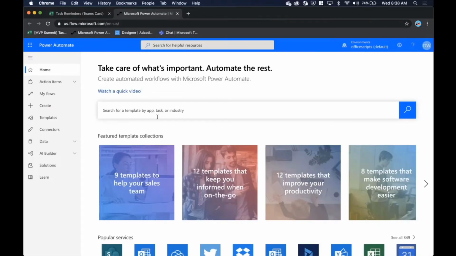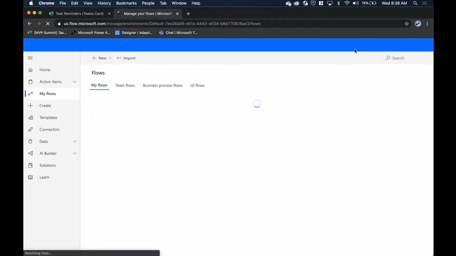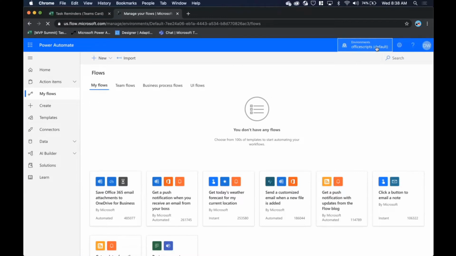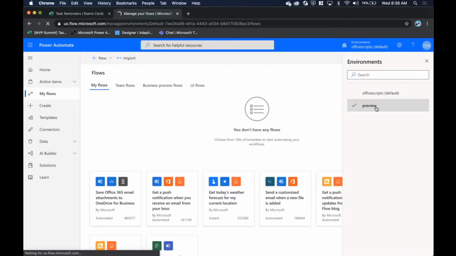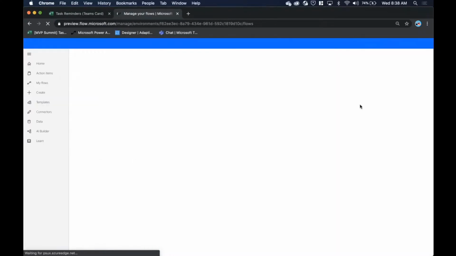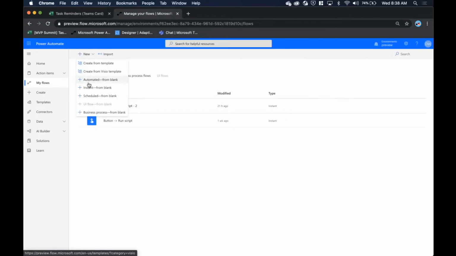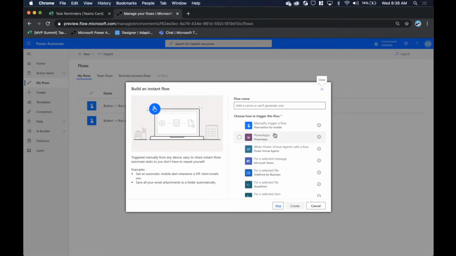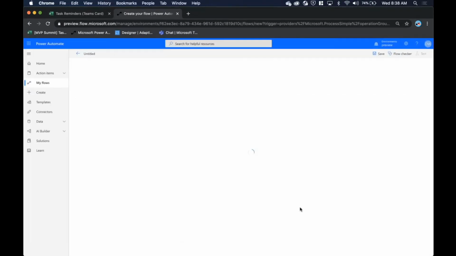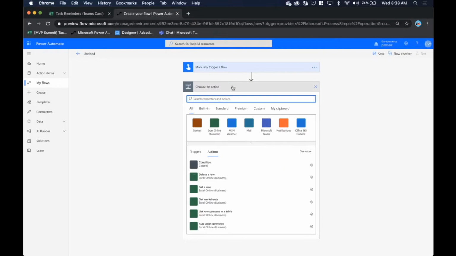I'm going to take you guys over to Power Automate, and here I can actually go to My Flows. Currently, this is only available as a feature in preview environments. This is what's going to be changing in the next couple of weeks, and it's going to be in production Power Automate environments. You do not have to create and set up a special environment in order to access the feature. And in creating a brand new flow, I'm just going to make a manual one